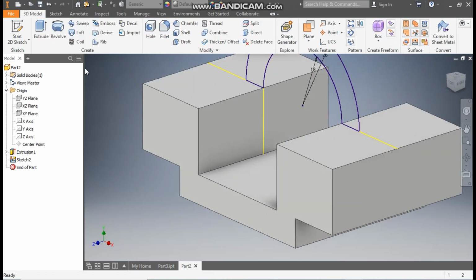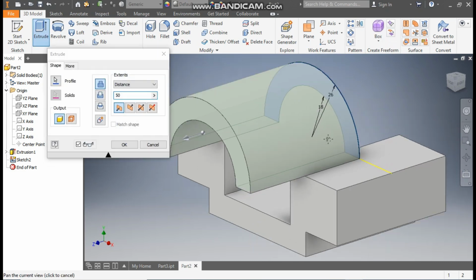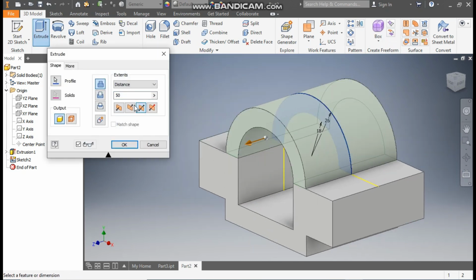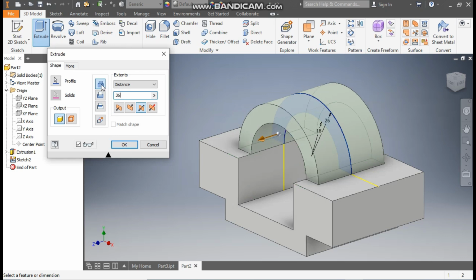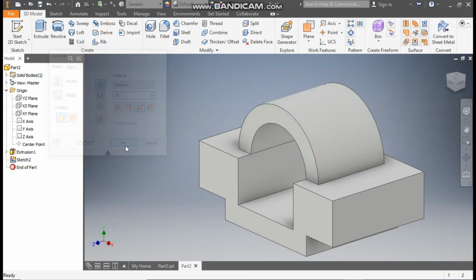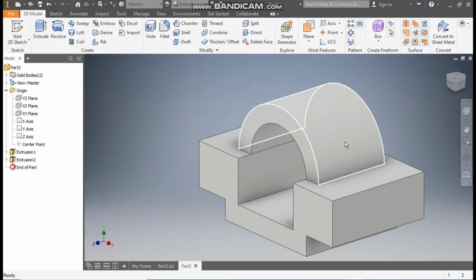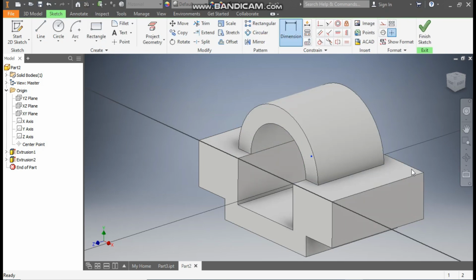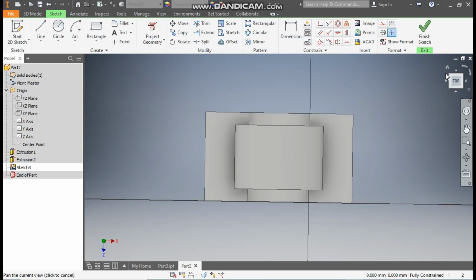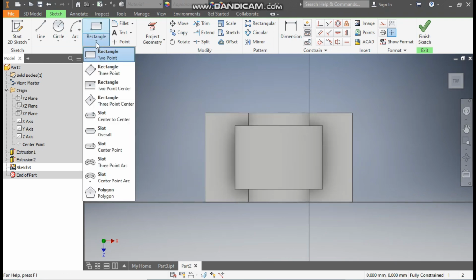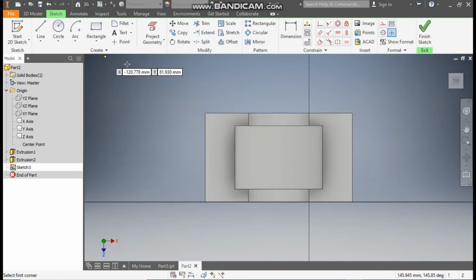Finish sketch, take extrude and here take symmetric and take distance 36 mm. This will be a joining profile and press OK. Now select this top face, go to create sketch, rotate, take rectangle command, take 2 point rectangle and make a